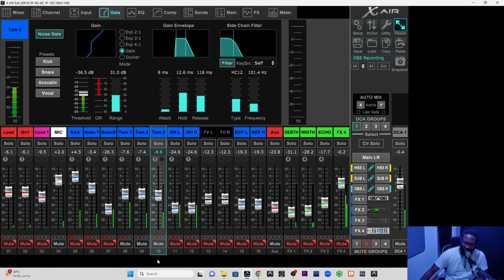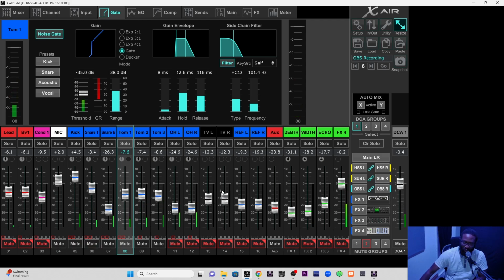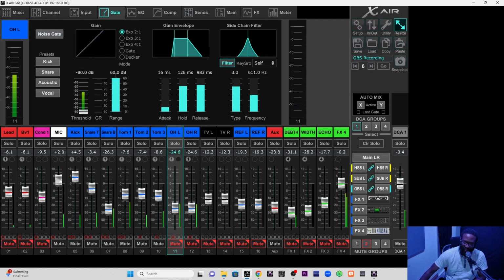Let's play all the toms. There you go. Without a gate, you hear that continuous sound. With the gate on, there you go. More cleaner. Let's play out everything else. Yeah. More cleaner sound. And then the overhead, there is no need to do any gate for the overhead because